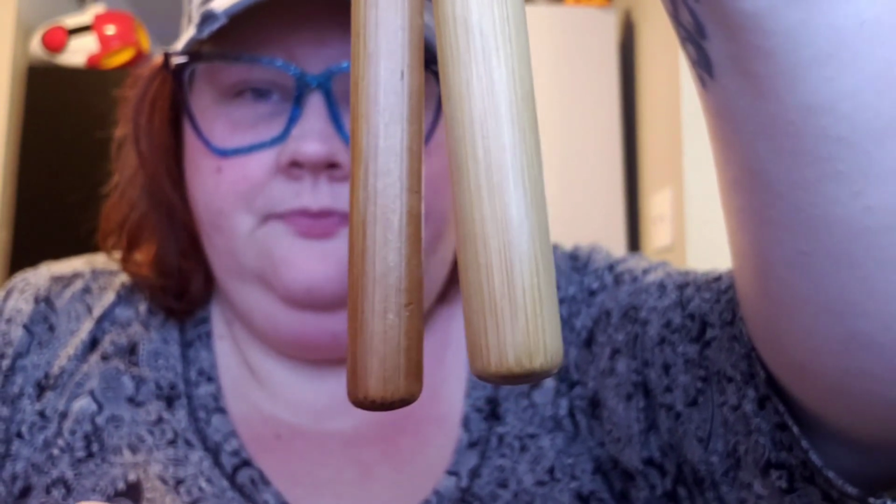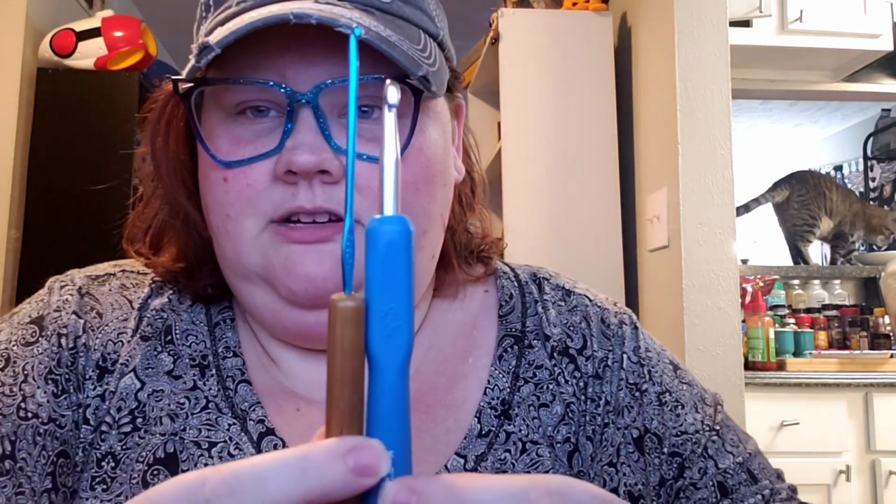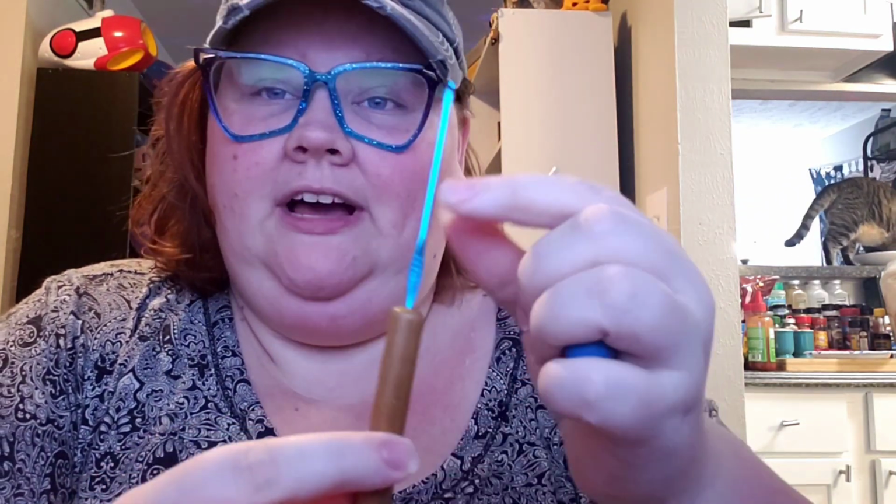There you go. I don't know if you can tell, but the darker one is more coarse. And I found that because of the length of the shaft of the crochet stick, you notice how different those are. I end up holding a lot more of the stick with the way that I hold my hooks, and this makes my hand cramp up to hold a thinner stick. So I actually don't like that hook